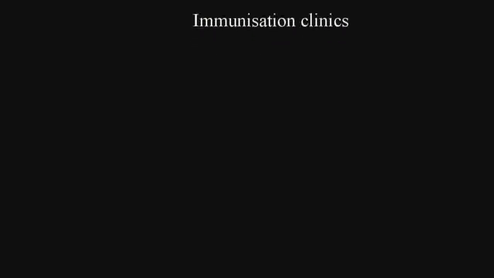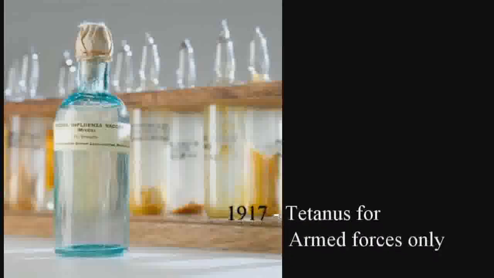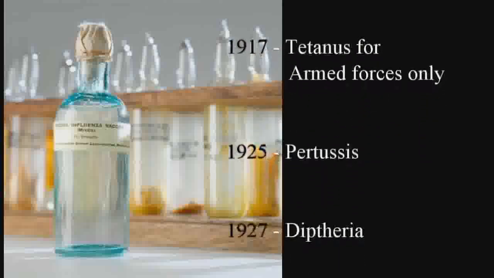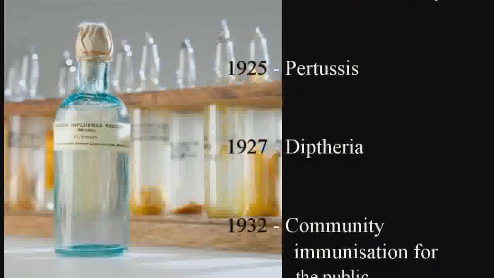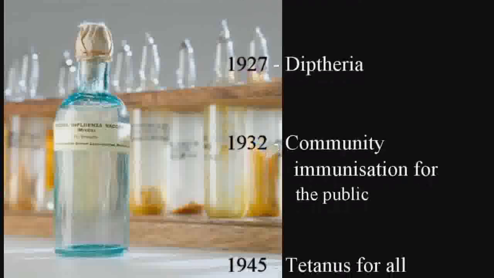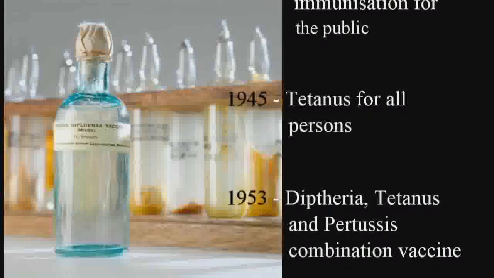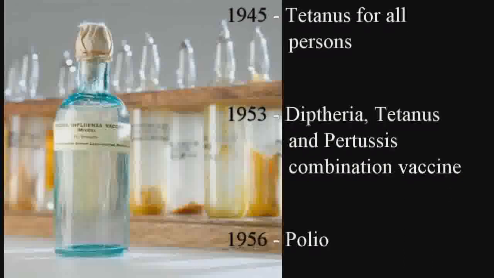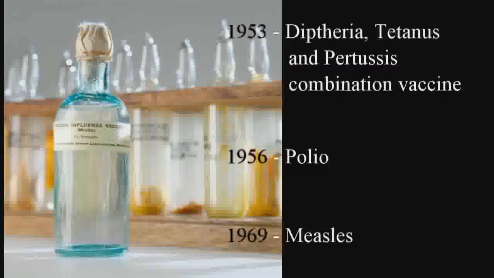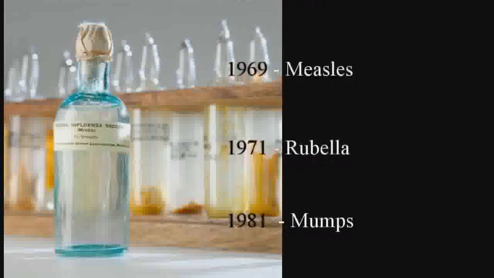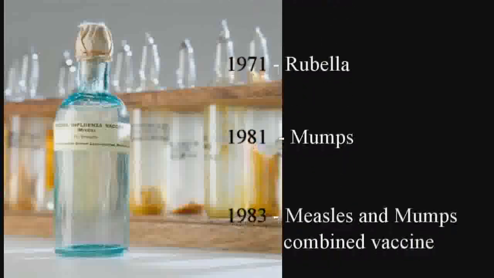Vaccinations in Australia started with smallpox in 1917 and continued over the years with the following: 1917 tetanus, 1925 pertussis, also known as whooping cough, 1927 diphtheria, 1932 community immunisation clinics for the public, in 1945 tetanus for all persons, 1953 diphtheria, tetanus and pertussis combination, 1956 polio, 1969 measles, 1971 rubella, 1981 mumps, 1983 measles and mumps as combined, 1983 hepatitis B,